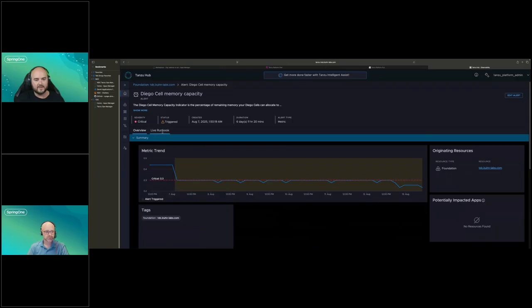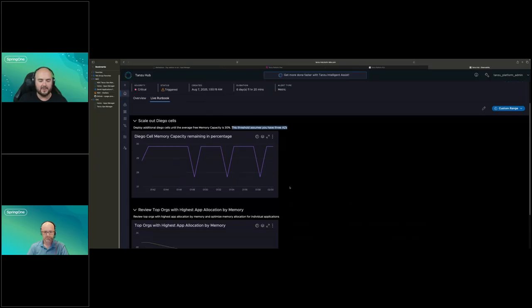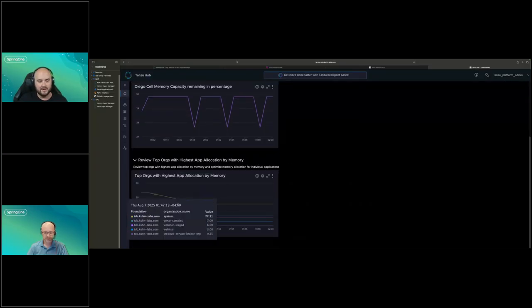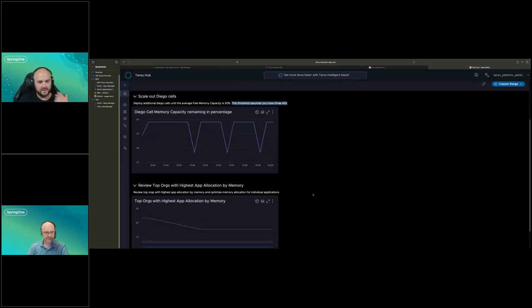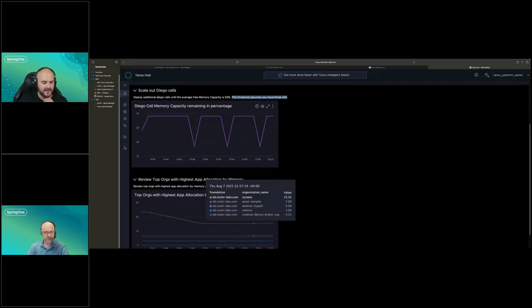It's going to give me probably a live runbook. Hey, you should deploy additional Diego cells because you're below 30%. And it even assumes that you have multiple availability zones within the platform. We don't have to cover that here, but it also then, which is another nice thing, so it's not only telling me that my Diego cell capacity is low, which is kind of a critical thing, but additionally it's saying,